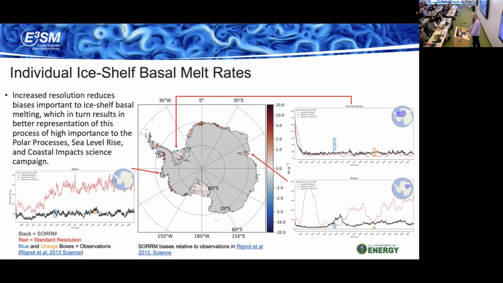And the Abbot ice shelf in the Bellingshausen Sea sector. This is a sector that we're also very interested in because this is a warm shelf region, and some of the glaciers here are really key to their buttressing effect of holding back the West Antarctic ice sheet, concentrated on a few glaciers that are highly sensitive to ocean conditions.